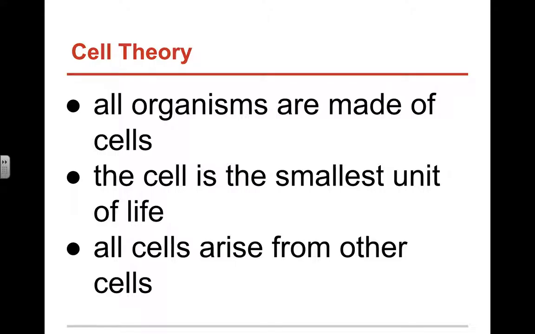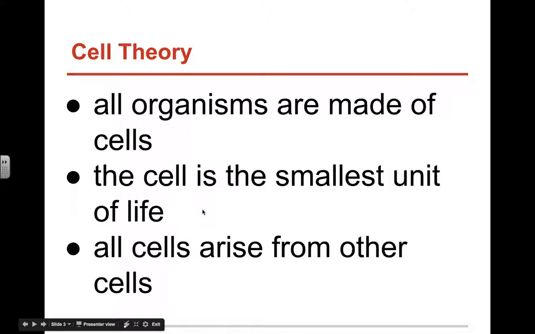Organisms can be made of one cell, called unicellular or single-celled, right? Or they could be made of lots of cells, multicellular, which is what a human is. Whereas a bacteria is a single-celled organism or a unicellular organism. So we haven't found anything yet that's not made of cells, but hey, could be out there.